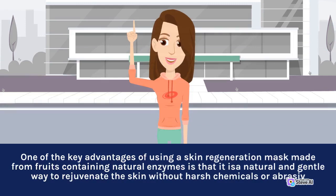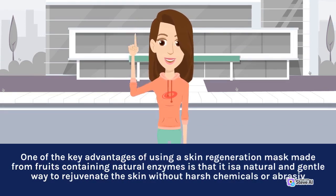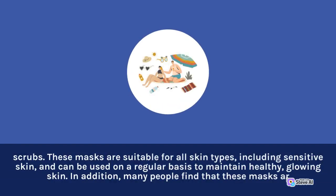One of the key advantages of using a skin regeneration mask made from fruits containing natural enzymes is that it is a natural and gentle way to rejuvenate the skin without harsh chemicals or abrasive scrubs. These masks are suitable for all skin types, including sensitive skin, and can be used on a regular basis to maintain healthy, glowing skin. In addition, many people find that these masks are